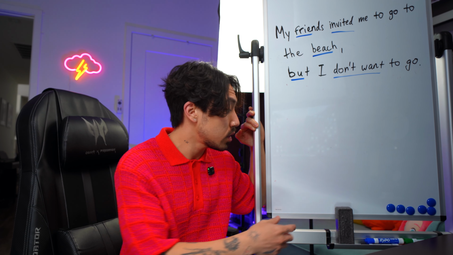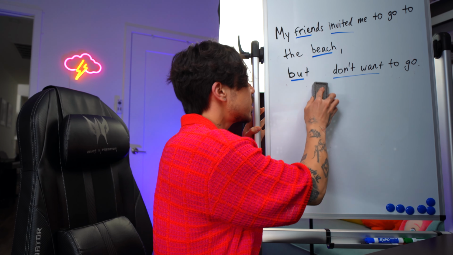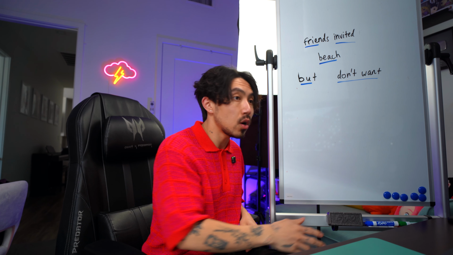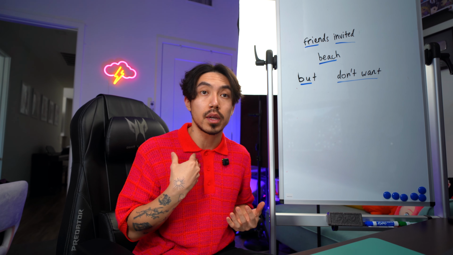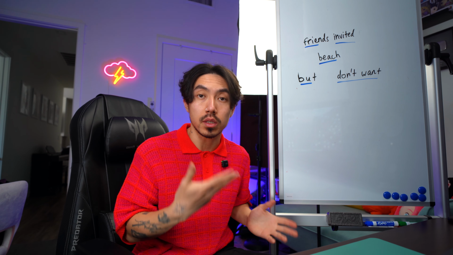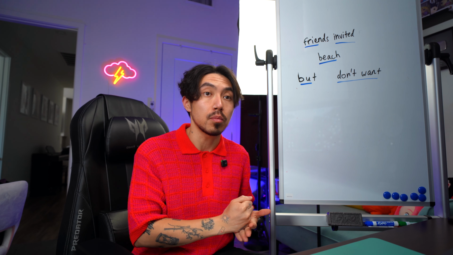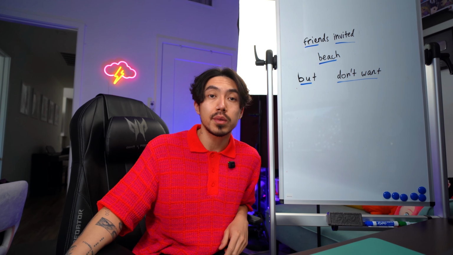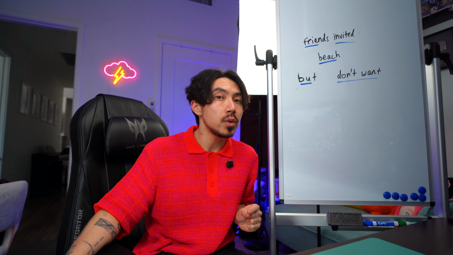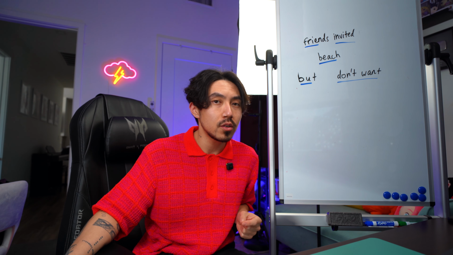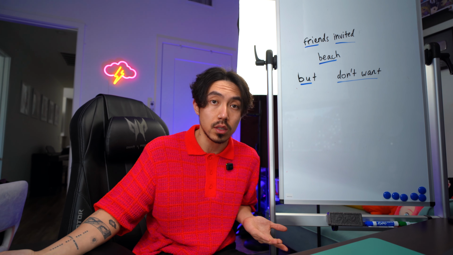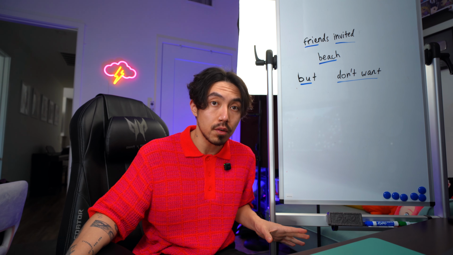So now check this out. Very simple, right? Let's say I get rid of everything else. And this is what we're left with. These are the most important ideas that I decided to sort of include in the sentence, and I decided to highlight them given that they are the most important ideas. So this is what you get. Friends invited, beach, but don't want. Even just with that, you can understand what's going on, or you can make a very solid logical conclusion as to what the story is and what I'm trying to say without all of the extra stuff, right?